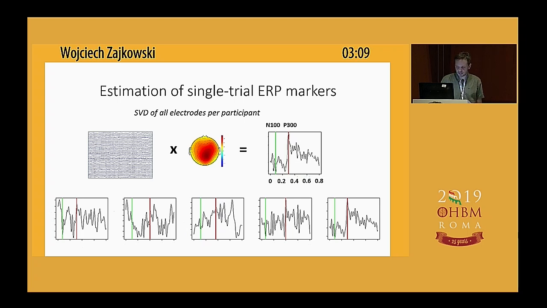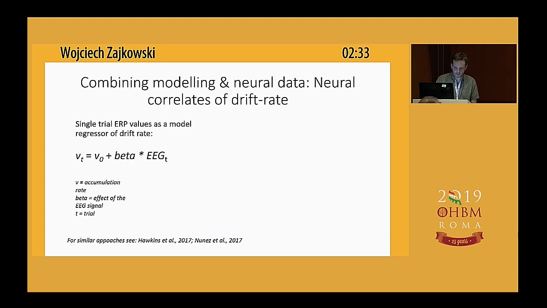So that's how we estimated these two components on a single trial level, and then we wanted to fit this into our behavioral model, into our evidence accumulation model, which was also not obvious because when you do a standard analysis using evidence accumulation, what you get is parameters per condition. So you get a distribution which describes the accumulation rate, and you can get the mean and standard deviation. However, you will not get a single trial estimate of drift, of accumulation rate. So what we did is an approach